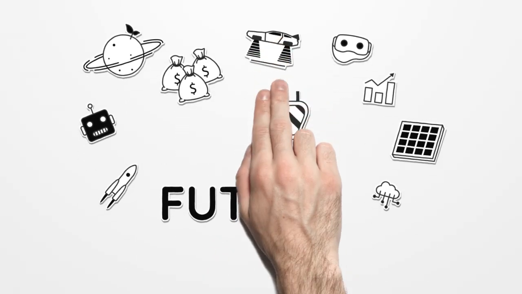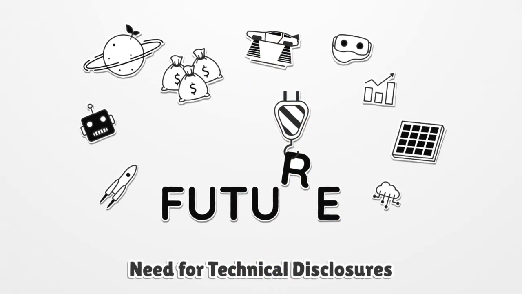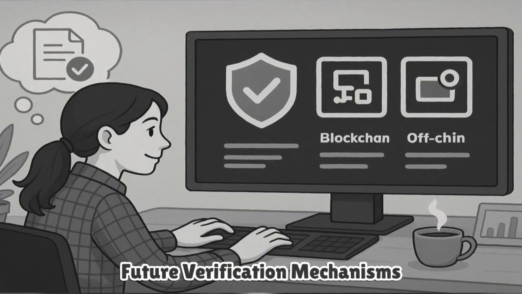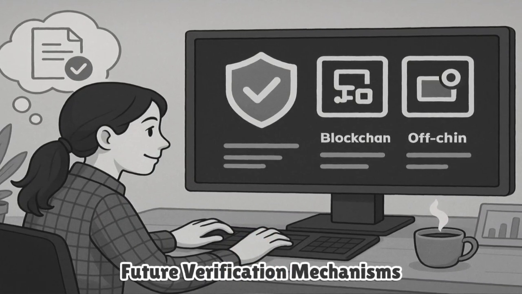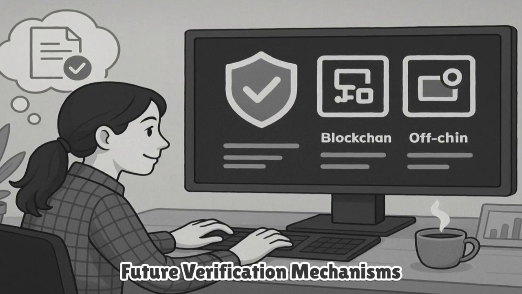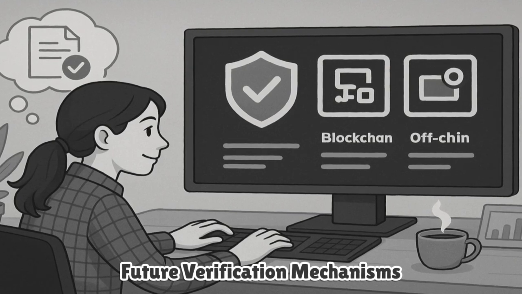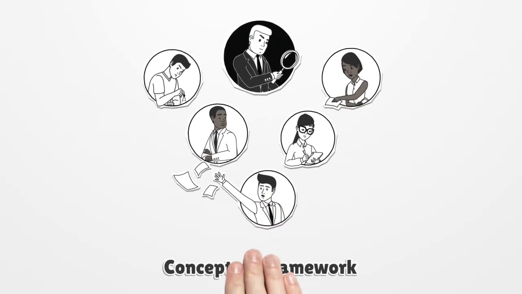While this ambition aligns with broader industry trends, no comprehensive technical disclosures or audited designs are currently available for public review. The documentation references future support for on-chain and off-chain verification mechanisms, but the exact methods, their limitations, and their expected performance characteristics have not yet been specified. As a result, key components of the system remain conceptual.